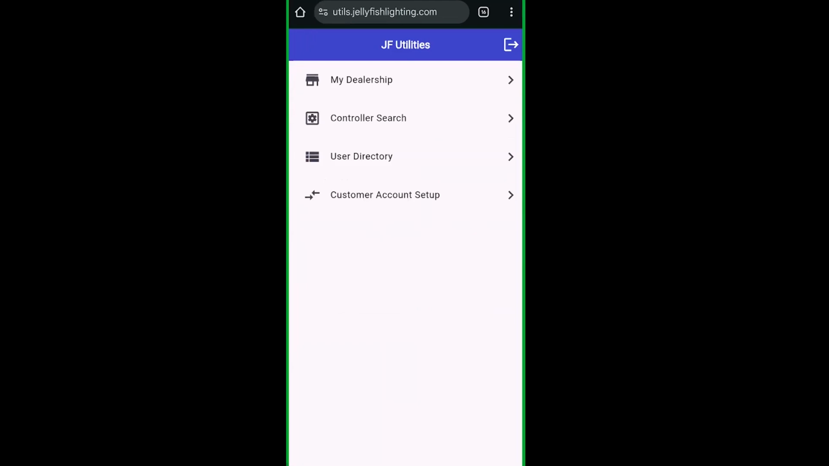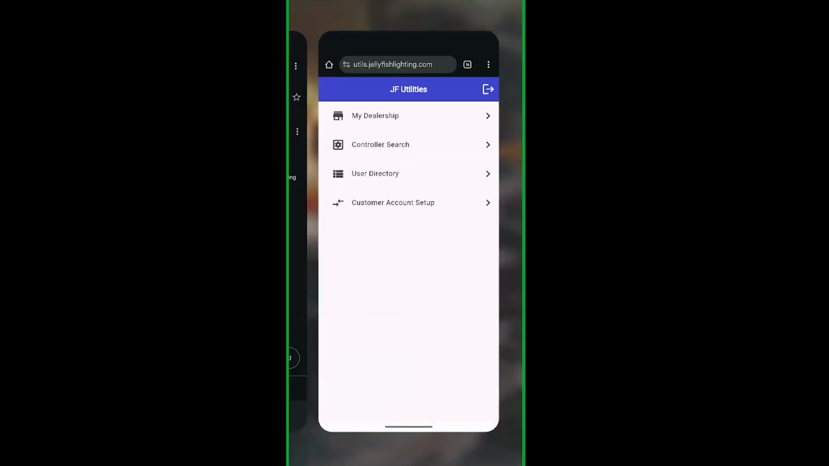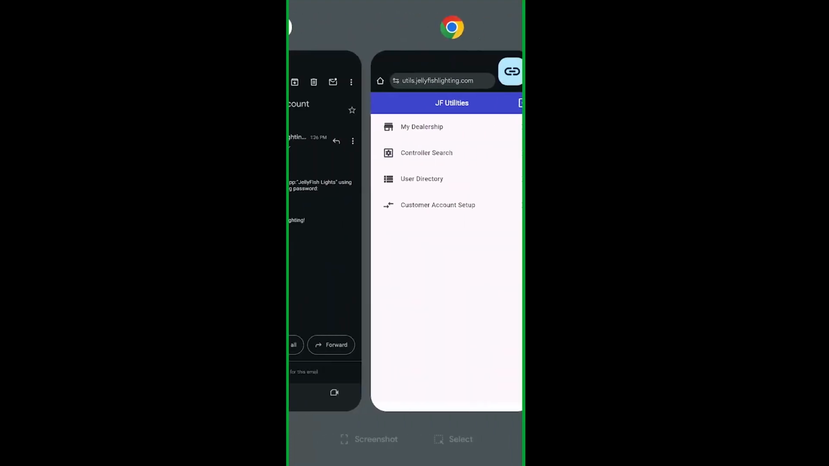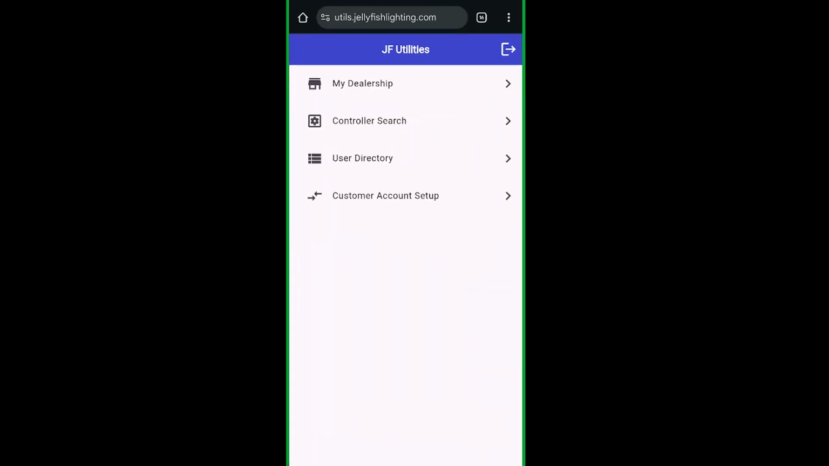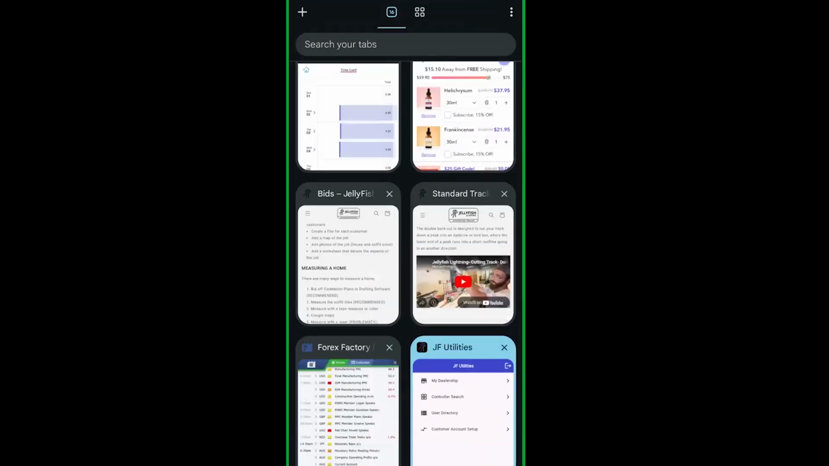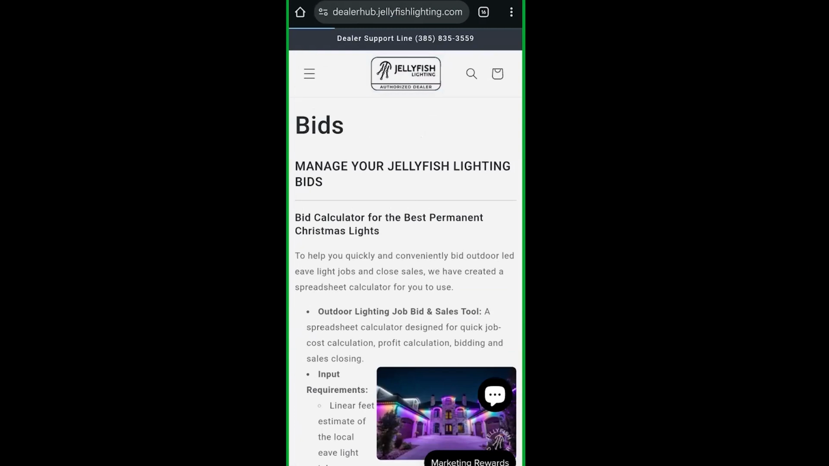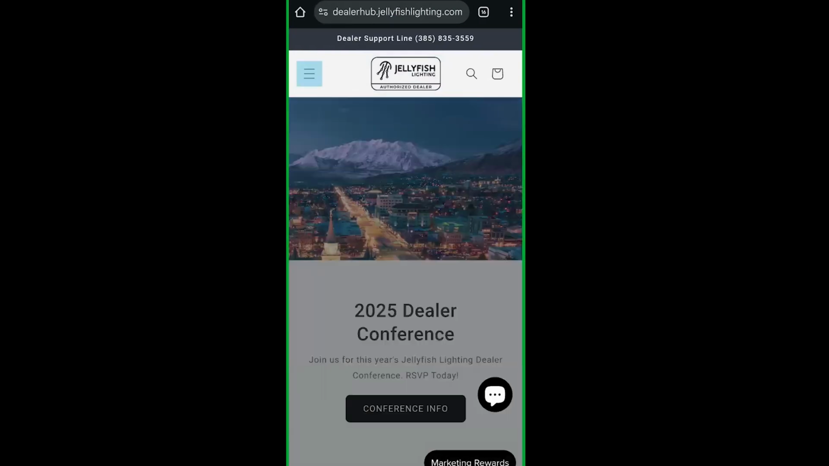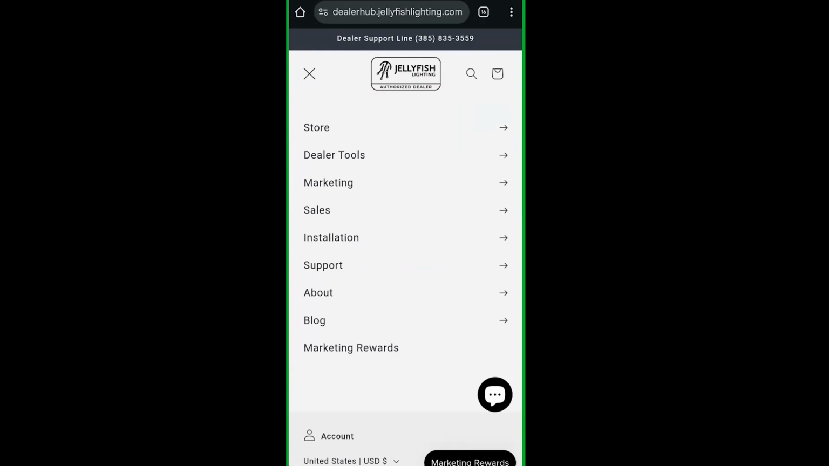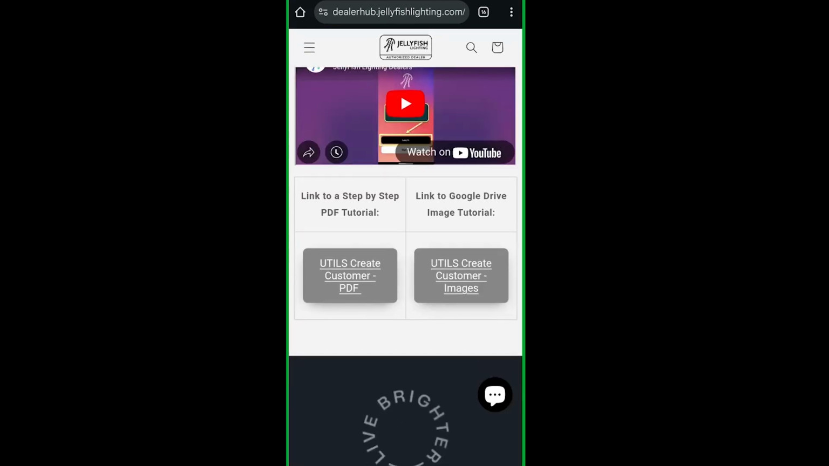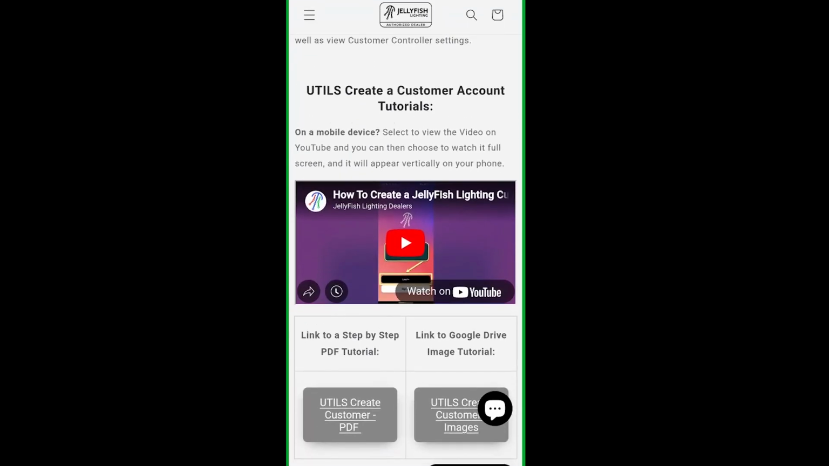Now, I will go ahead and hop out just a moment to show you something that's in process here. I didn't leave that, sorry. Let's go to our dealer hub. On the dealer hub, if you tap on the menu down here under support, we've added the how to use utils. It's not completely fleshed out. There's going to be more tutorials coming. If you tap on it now, it at least has the video and a PDF on that process for adding